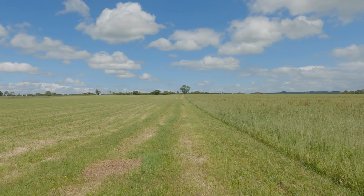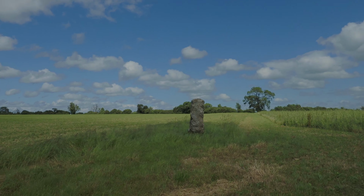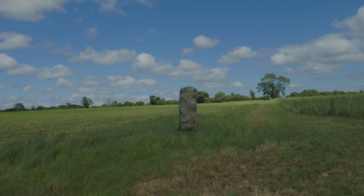We've got a monolith standing in the middle of this field. What? I have to find out. What is the monolith doing in the middle of this field? I've never heard of it before. I'm very, very curious. All I can say is, what the fuck? Honestly, this